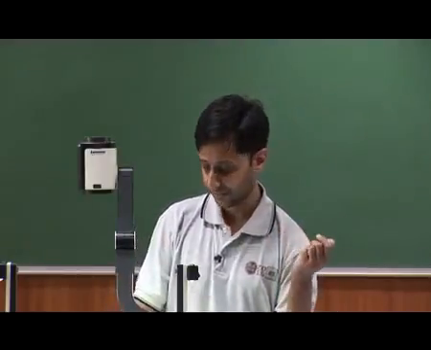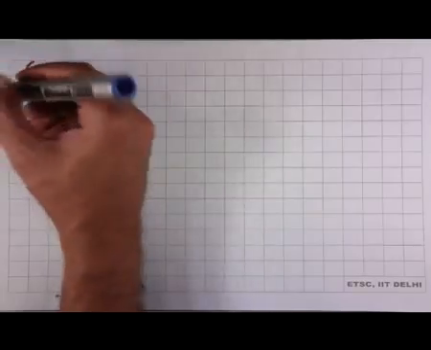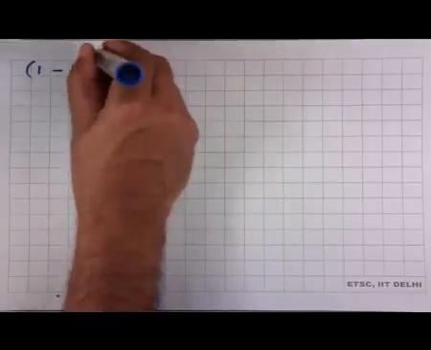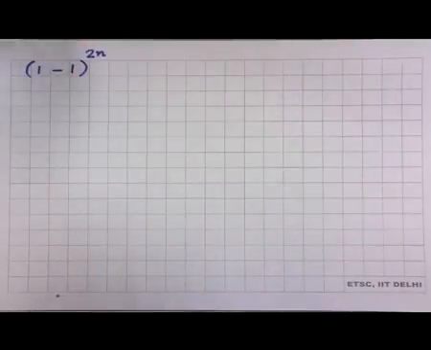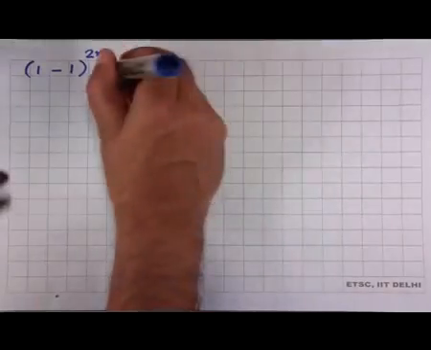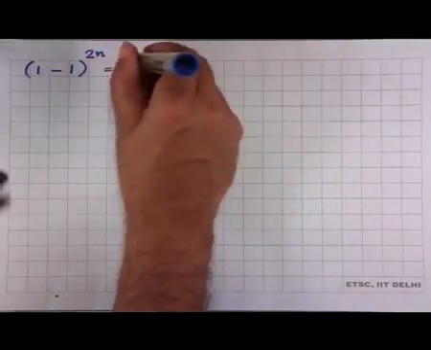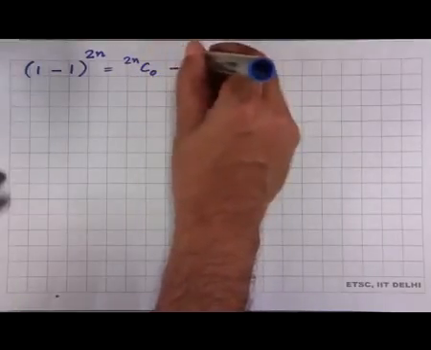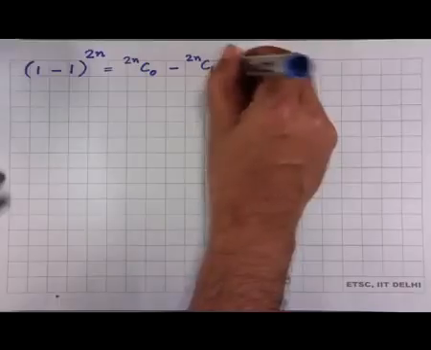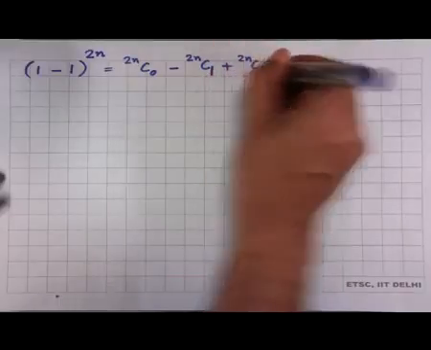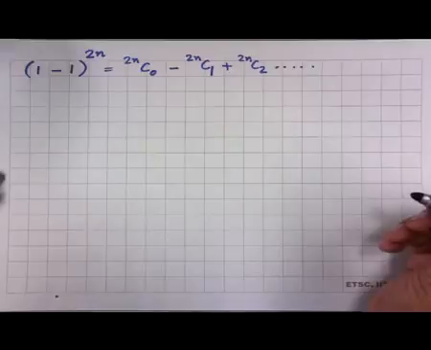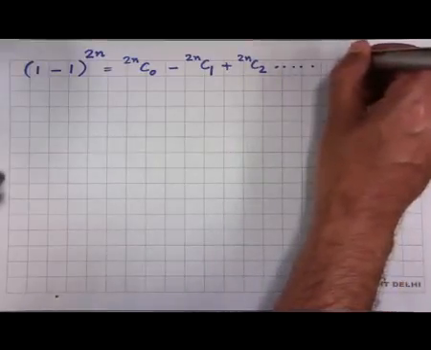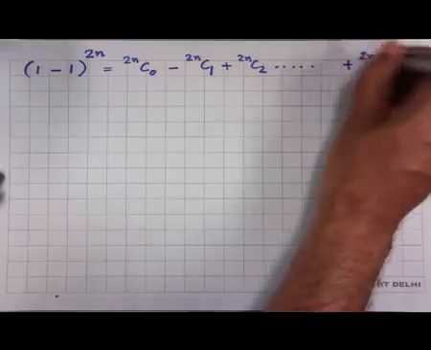So, instead of doing x plus y whole power n, let us do whole power 2n. Okay. So, this is equal to 0, we know that, and that is equal to 2n choose 0 minus 2n choose 1 plus 2n choose 2 and so on and so forth, right, plus 2n Cn,